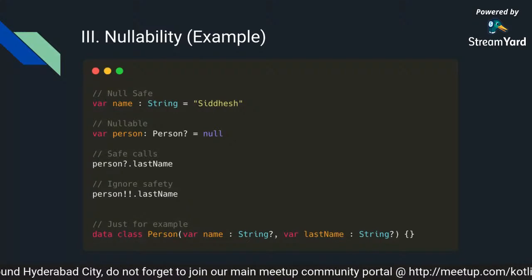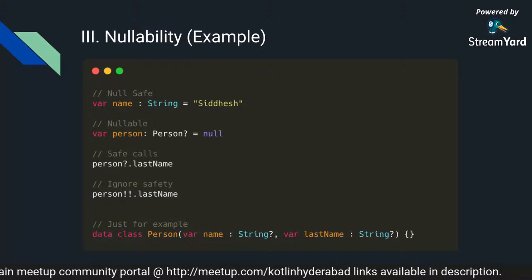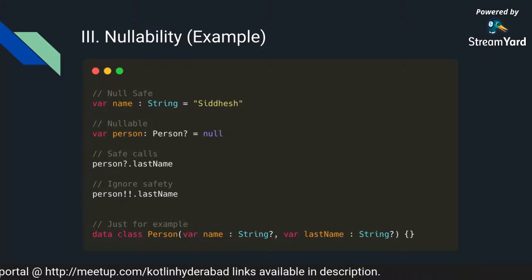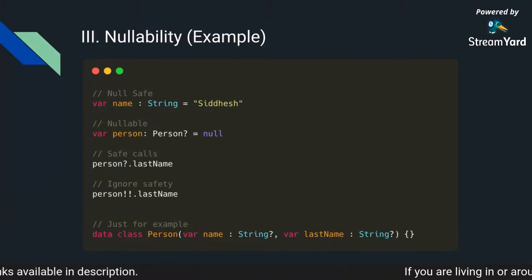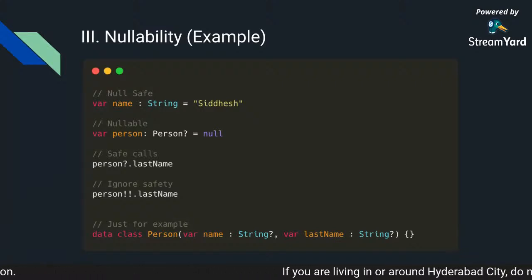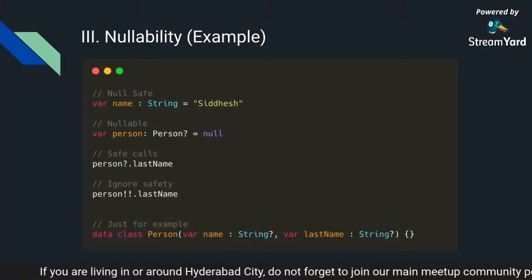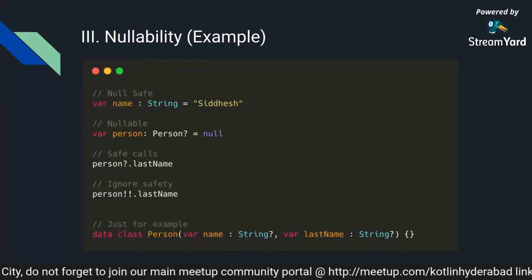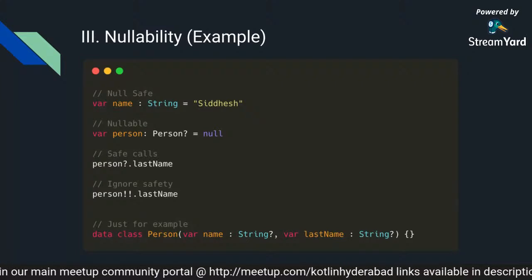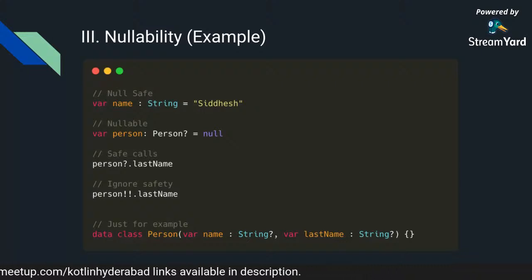But in Kotlin, if you have to use it, Kotlin will not allow you in the first place to use a null value. So to make a call, you have to either make a safe call, or you have to tell Kotlin, okay, ignore this problem, I know that I have put a null value, and I will handle this. So here are two examples of that. One is where we put a question mark dot last name. Basically, I'm trying to access a property inside this person class, which is called last name, and I'm doing that on a null object.